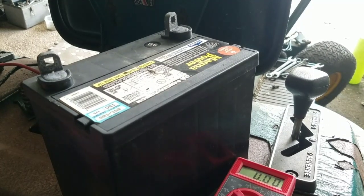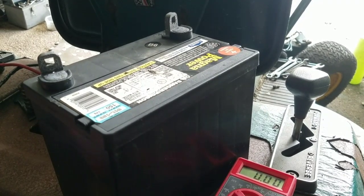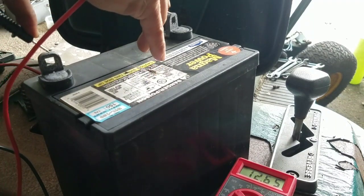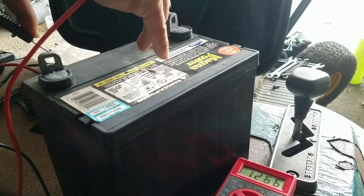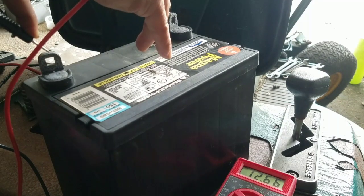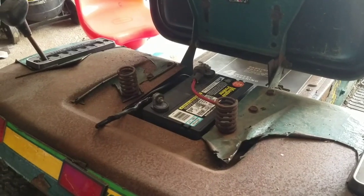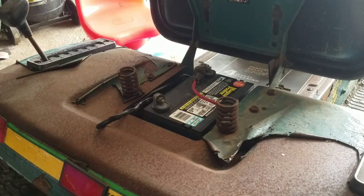So I got this battery. Nick gave it to me. I charged it overnight, so let's see if it has at least 12.4 volts, because that's what you need to start it. Nice. Look at that, huh? 12.6. It's a decent battery, believe it or not. Found a couple of nuts and bolts. Got that on. I don't know. I don't think anything's going to...